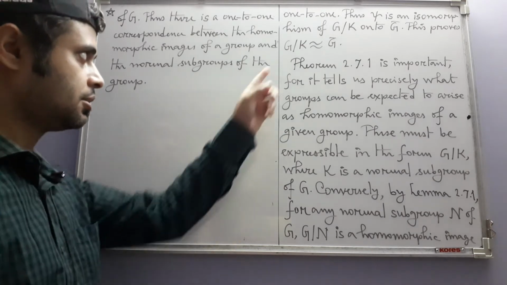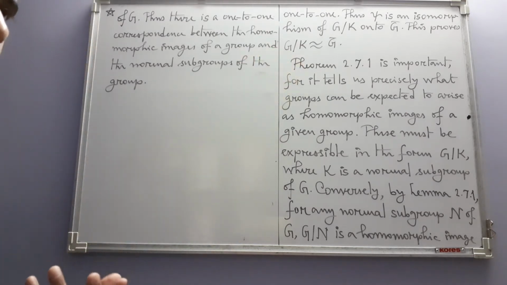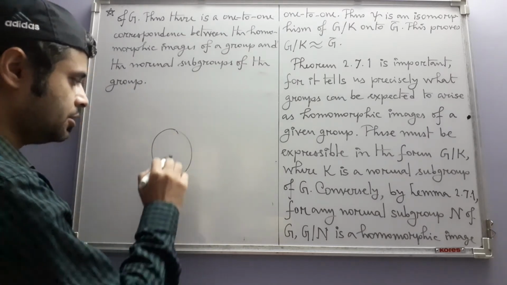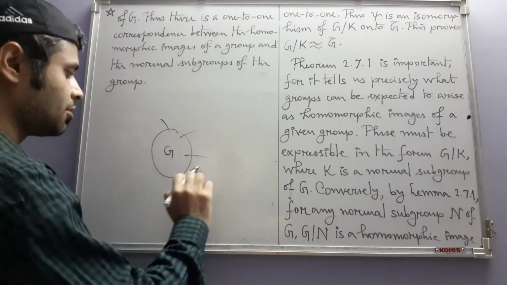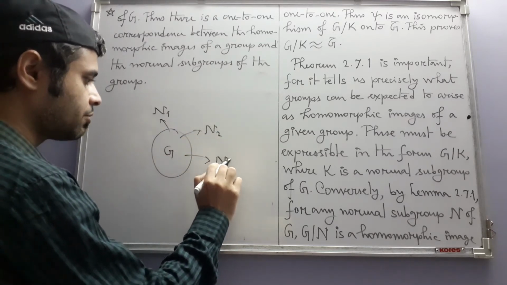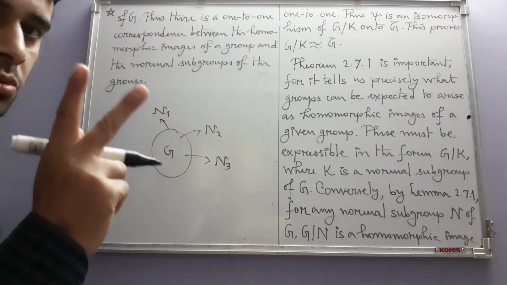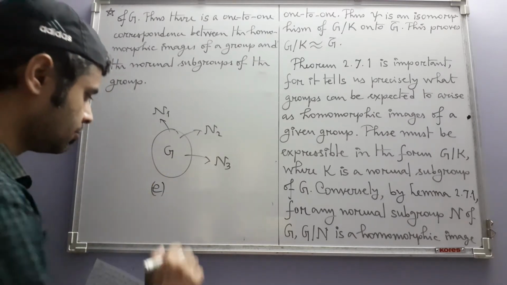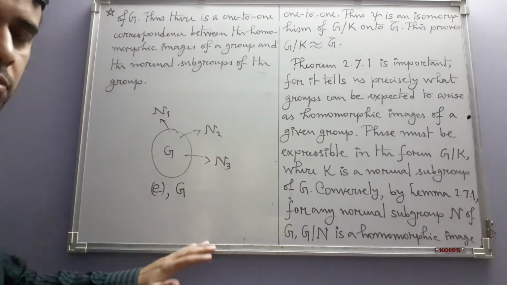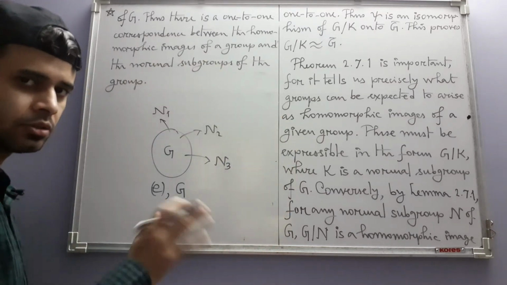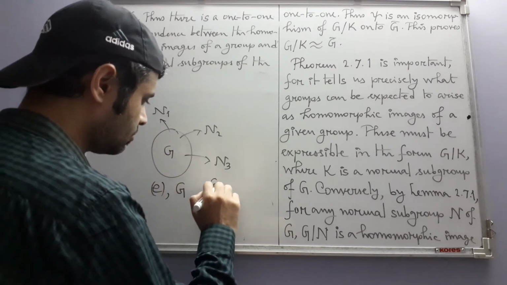And in fact, this theorem shows us that in order to find the homomorphic images of a group, we need not leave the group at all. So what you do, you have the group G, you find all of its normal subgroups, say N1, N2, N3, etc. Every group has at least two normal subgroups, namely the trivial group consisting of only the identity element and the group itself. Besides these two, there may be more or there may not be more. Whatever the case may be, you collect all the normal subgroups, and then you form these quotients